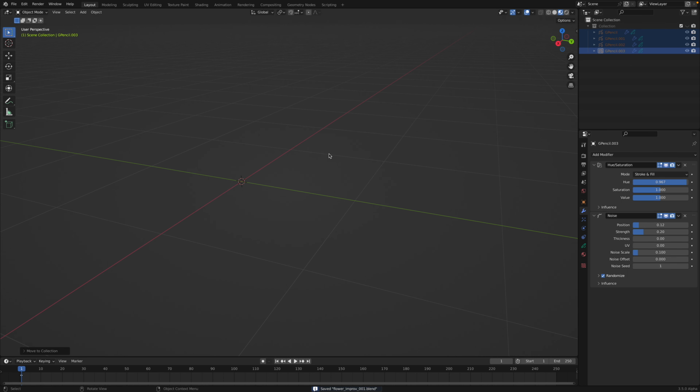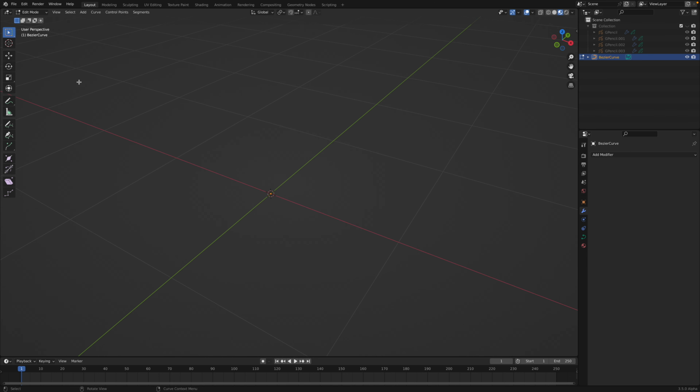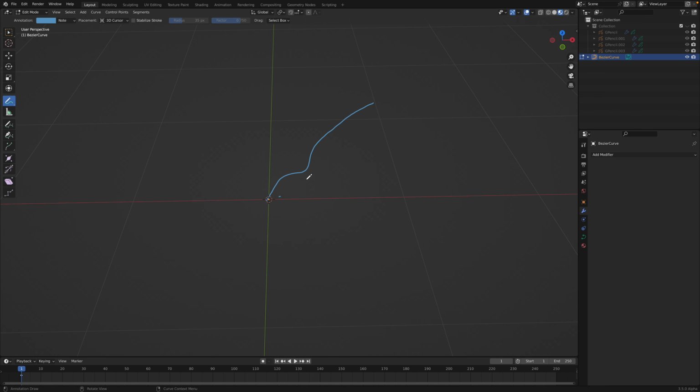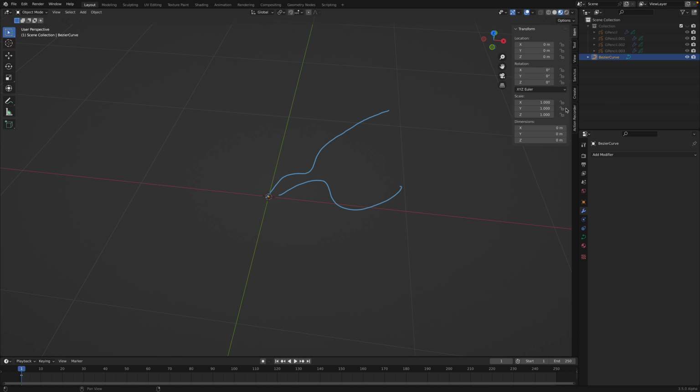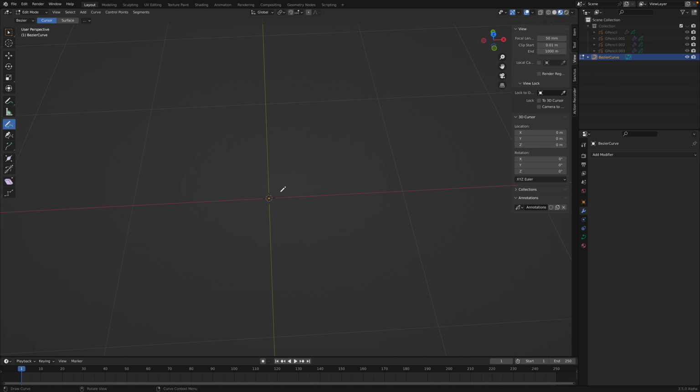You know what I'm going to do? I will create a curve and then hit Tab, go to edit mode, and we're gonna draw some curve. Oh, this is actually not a curve. This is a drawing tool, the annotation tool. So let's delete that. I forgot. This is actually somewhere here. Annotations, just delete it. Select your curve, go to edit mode, select draw, and you can draw some random strokes. This is where the flowers are gonna be instanced, so it's pretty random,